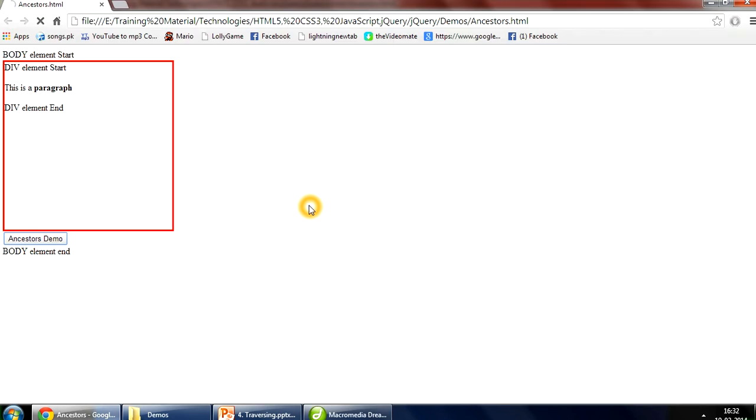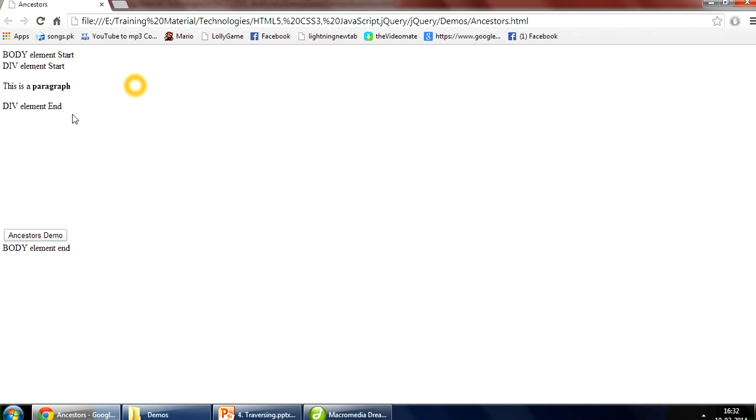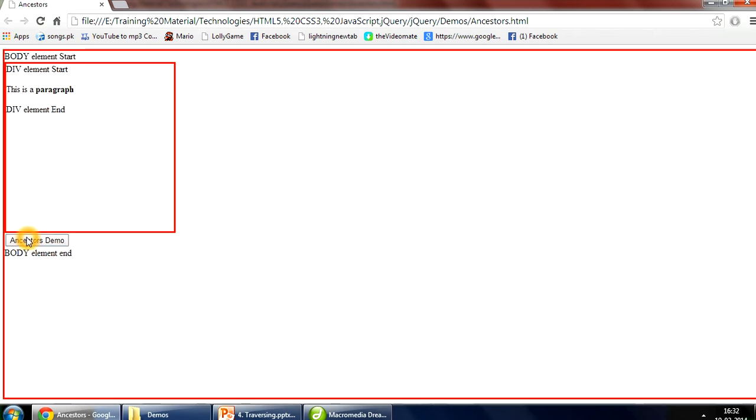So if I then it will take this span and the div tag, or I can also take the span, and after that I can write the HTML over here. Refresh it and you can see that the outermost border is gone because we want to fetch until HTML. That means before the HTML only we want to fetch the elements.